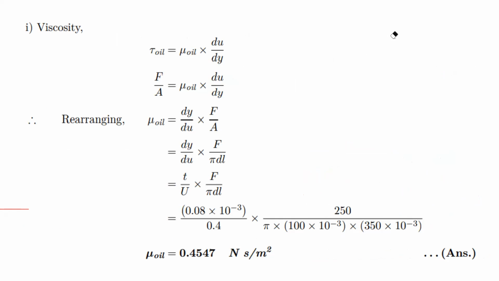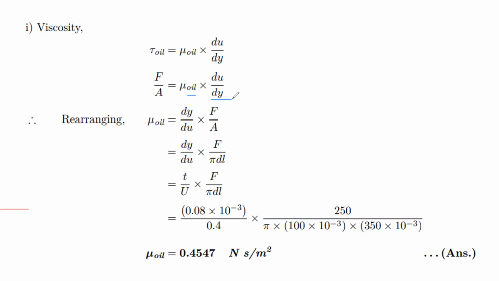So these are the equations I am using. First one, tau is equal to mu into du by dy, Newton's law of viscosity. Shear stress is equal to dynamic viscosity of the oil multiplied by the rate of shear strain, or tau is proportional to du by dy. Shear stress is proportional to the rate of shear strain. Now tau is what? Shear stress, force by area. Mu is what? Dynamic viscosity. I'll keep this one as it is. Now du by dy I'll keep as it is.